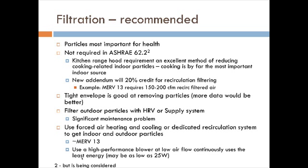A kitchen range hood, by the way, is a great way of reducing the indoor particles from cooking. So again, I'm going to hammer on this. Install a range hood that vents to outside and use it. It must turn on, because cooking is by far the most important indoor source. There are other sources, like if you have incense or candles burning, obviously you're going to put a lot of